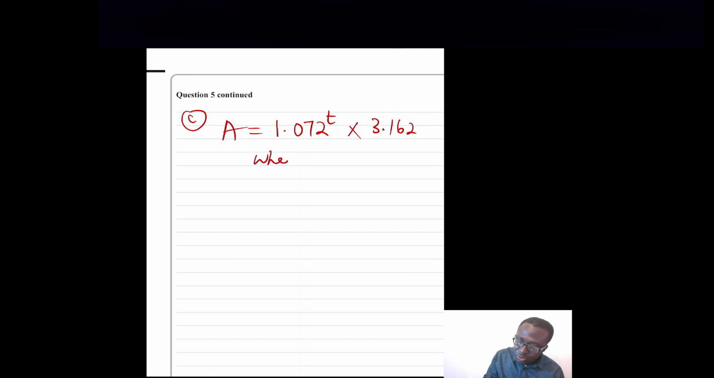So when t equals 8, A will be 1.072 to the power 8 times 3.162. So we're going to just use our calculator to do the working for us. So 1.072 to the power of 8, and then we're multiplying that by 3.162, and that will give us